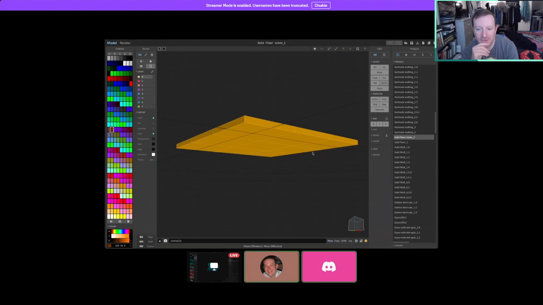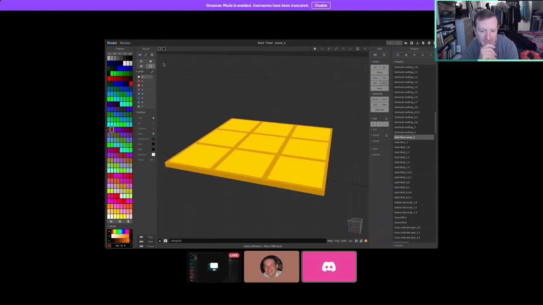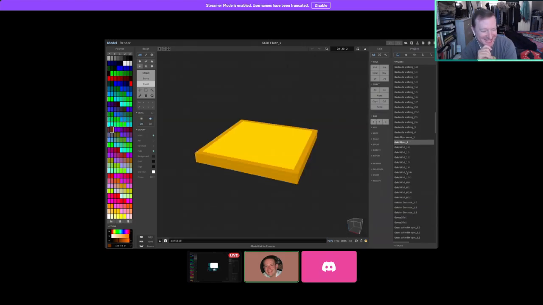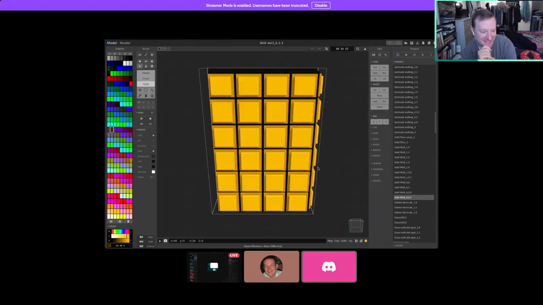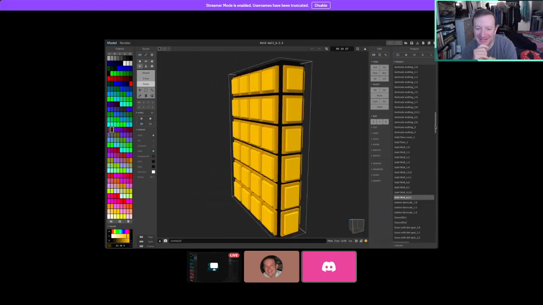I have a gold floor, and maybe I'll make this 3D too, like how the walls are. Donald Trump would approve. It's the Gilded Age. Everything's gold in this room. Super gold in the trophy room.